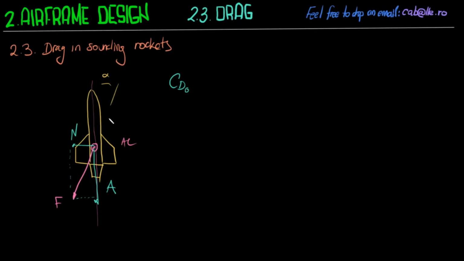If you have zero angle of attack, the axial drag coincides with the drag. But at an angle of attack which is not zero, the drag is going to be different from the axial drag. The nice thing about the axial drag is that